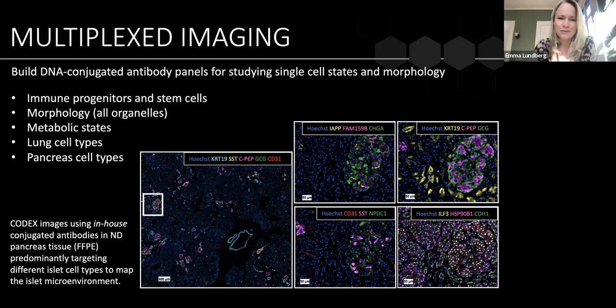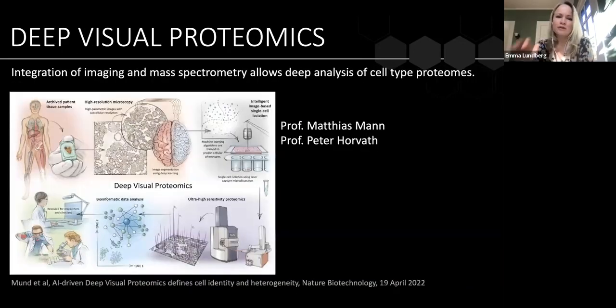But how do we do that? Because we can still not do 1,000-plex. So here we're working with a technology that is called deep visual proteomics. It was developed together with Matthias Mann and Peter Horvath, and they are really the leading authors of this first paper published in Nature Biotech two weeks ago. We call it deep visual proteomics. And basically, we work with archival tissue samples. And in this first paper, we demonstrate that you can use fluorescence imaging or